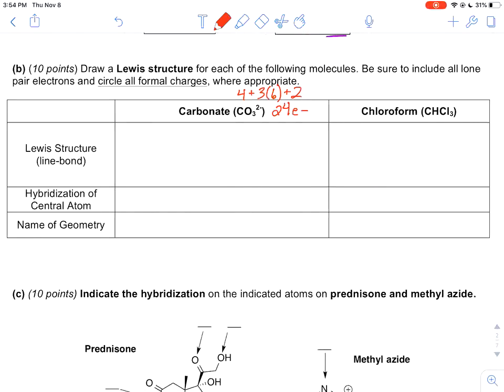You start by drawing your central atom carbon that's connected to 3 oxygens. You know it's your central atom because it's written first and because carbon can make more bonds than oxygen, and there's less of them. There's 1 carbon, whereas there's 3 oxygens. So you start by drawing your single bonds to the oxygens. We're then going to add in the remaining 24 minus 6 is 18 electrons. So here we go. Right now we have 6 that are drawn, 8, 10, 12, 14, 16, 18, 20, 22,